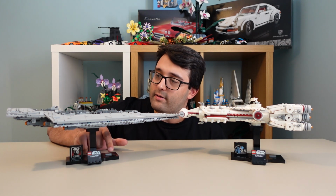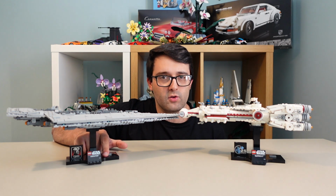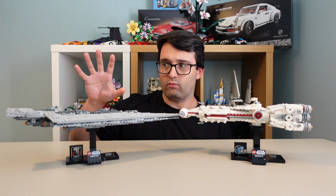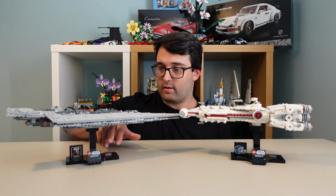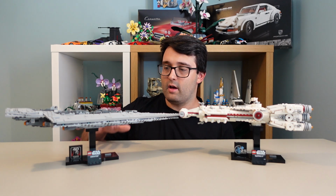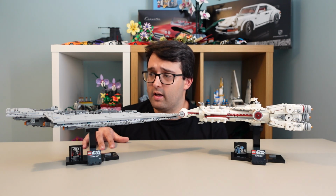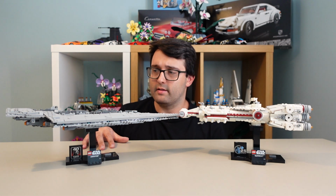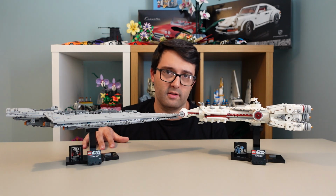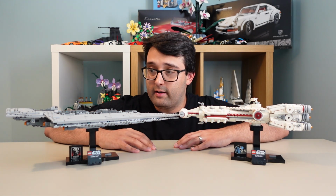I do believe that there was a Nebulon B frigate, if I remember correctly, and it was some sort of Comic-Con released ship from what was back then the Starship collection. Well, technically there wasn't a proper collection, but it was done in a similar design with a stand. I don't know if I'll be able to get that. Obviously it probably will cost quite a penny since it was an exclusive for some sort of convention. I'm not entirely sure which particular one, but moving forward I do want to get the current ones that are